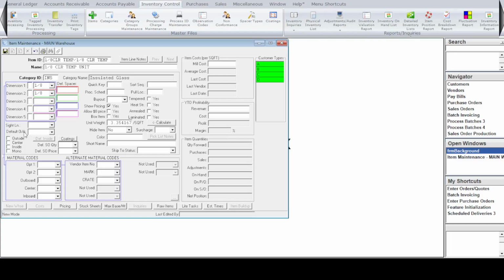We have an overall default overall thickness that I can set up and say this is always going to be a 1/2 inch overall, which means I'm going to need another 1/4 inch spacer every time. Or you can again leave that blank and fill that in on the sales order, which I'll show you in just a moment. So it's fairly simple to build IG units and laminated glass on the fly from the item